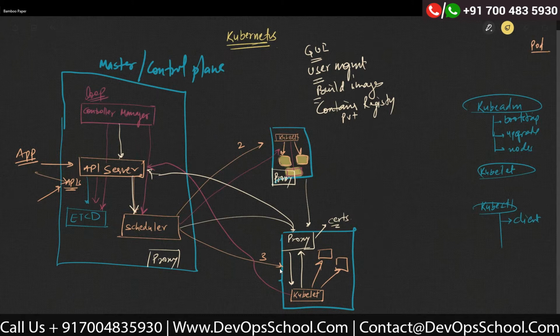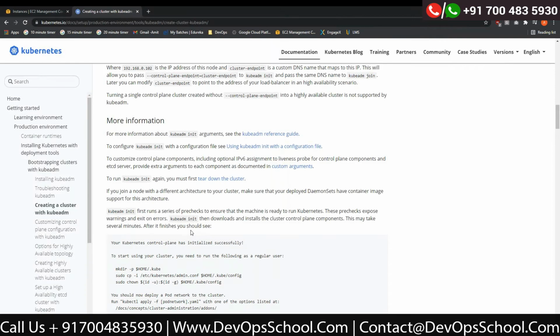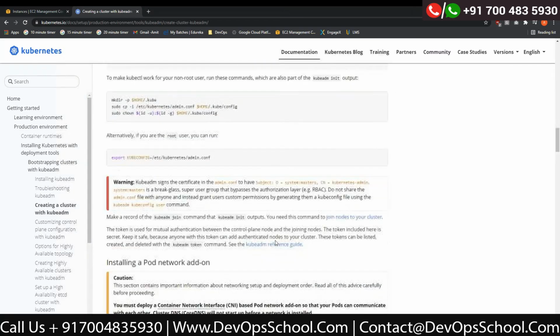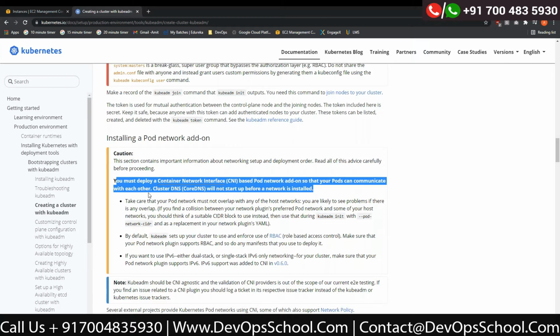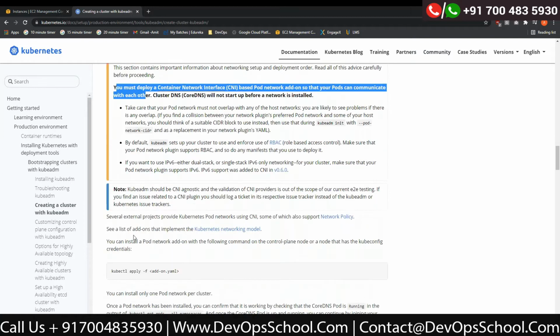So for that, if you go back to the documentation here, you see it says install a pod network add-on. You must deploy a container network interface based pod network so that your pods can communicate with each other. So we have to install it. Now there are many